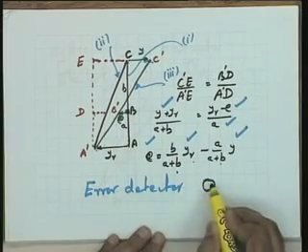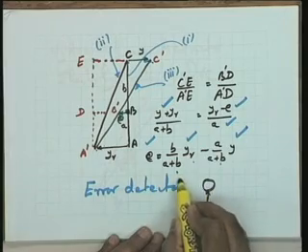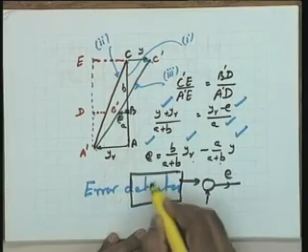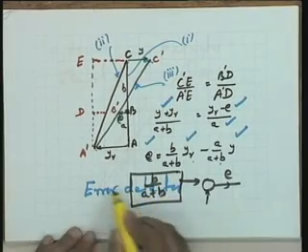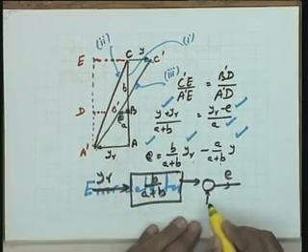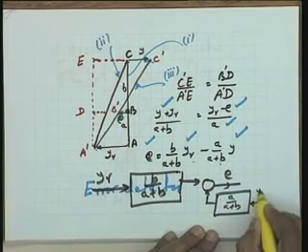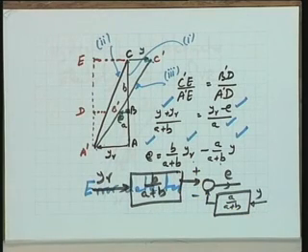So, this error, if I write in this expression, can be written this way. Here is an error signal E, I am putting a block over here B over A plus B, and here is the reference command yr. Here is a block A over A plus B, and here is a feedback signal y, with plus and minus, which generates the error signal. This is what I am going to use when I give you the overall block diagram of the system. I hope this is okay now.